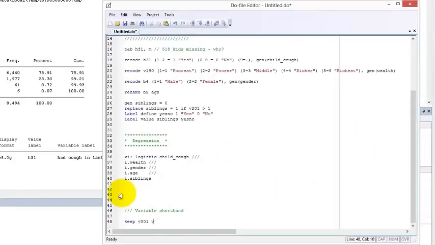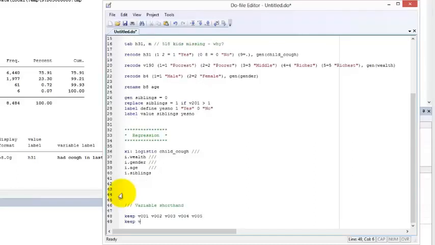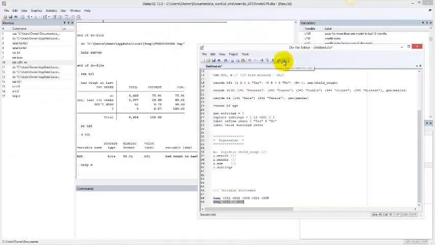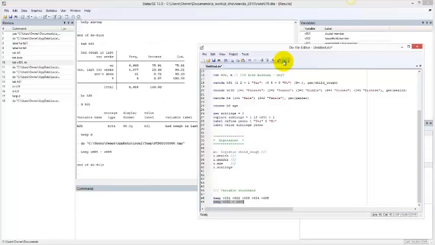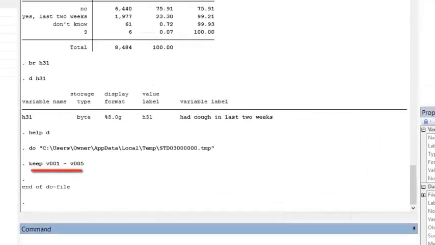There are other ways to be efficient in your coding. If you want to refer to several variables that are all lined up next to one another in the data set, you do not have to list each variable individually. You can type the name of the first variable and the last variable in the series and simply put a dash between. For example, to keep the variables v001, v002, v003, v004, and v005, which are all lined up next to each other in the data set, you need only type keep